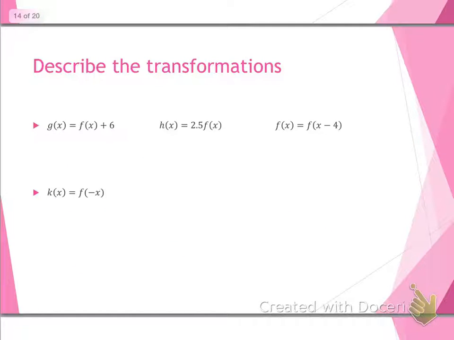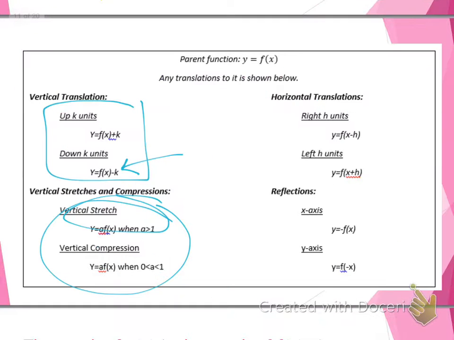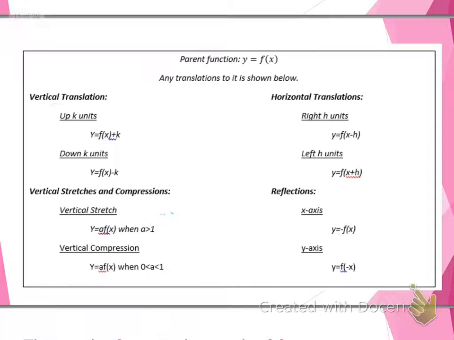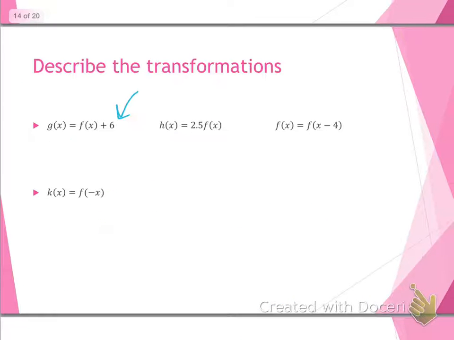Describe the transformations. So this is sitting on the outside again. So if we go back to our things over here, it's sitting on the outside, except for this time it is a plus sign. So our plus sign here, we're going to be going up that many units. So we would be going up 6 units. This one, it's sitting on the outside and it is bigger than 1, so we are vertically stretching. Vertical stretch